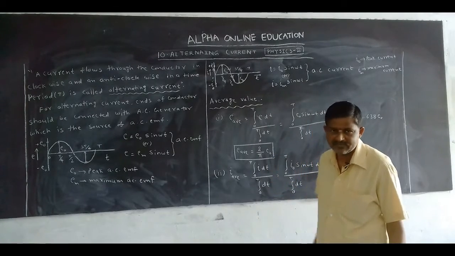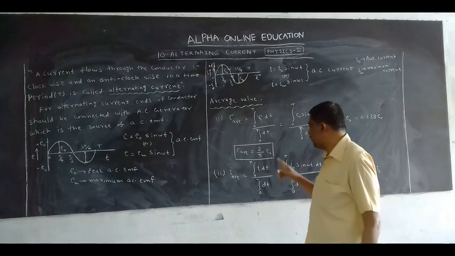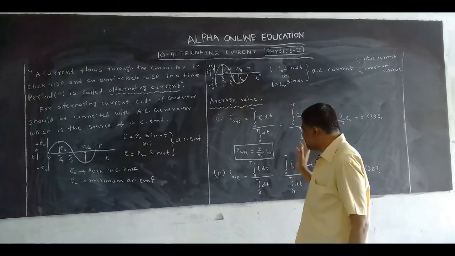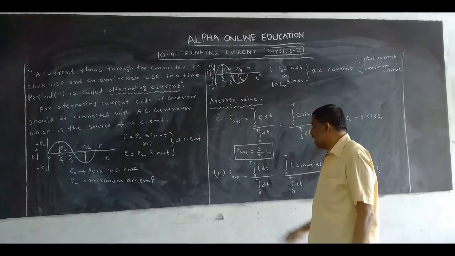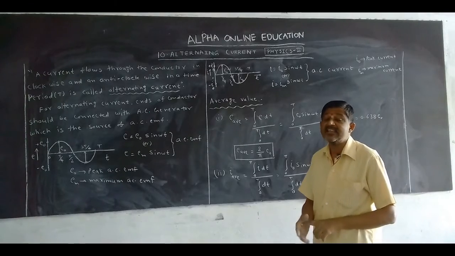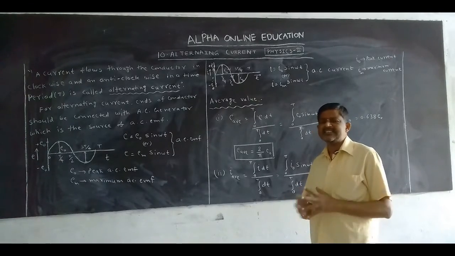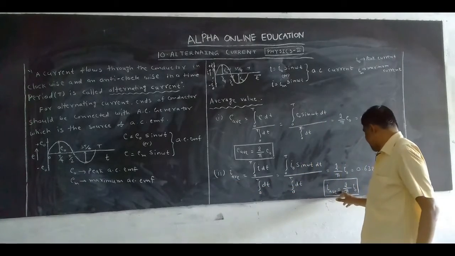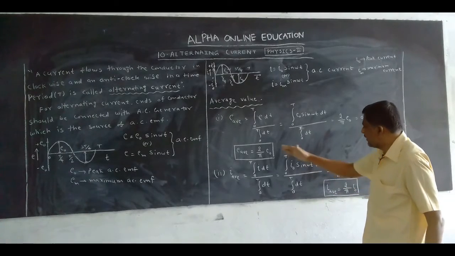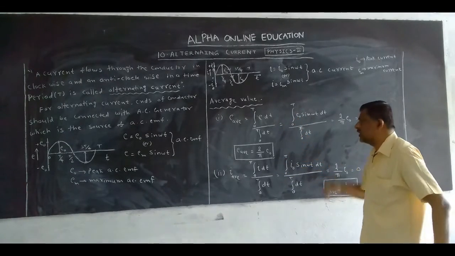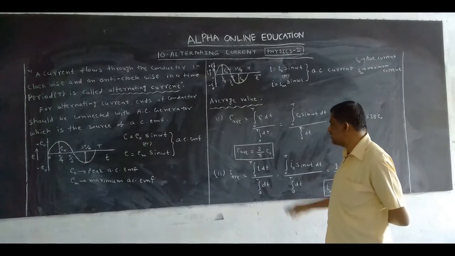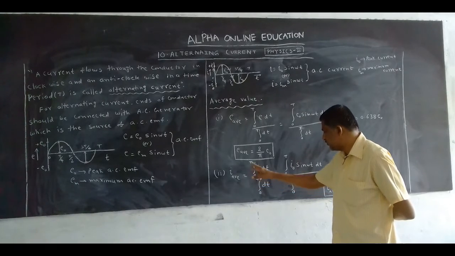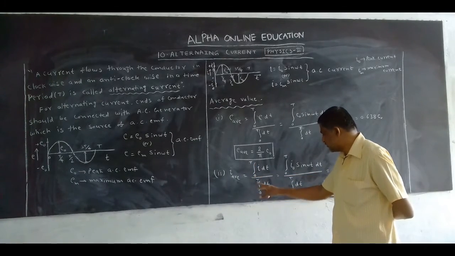When AC current passes through the conductor, the ends must be connected to the AC generator, which gives AC EMF. The average value of AC EMF is how much? 2 by pi times its peak value in a time period. Similarly, what is the average AC current in a time period? The average AC current, I average, is also 2 by pi times its peak value. The method of derivation is similar to the derivation of average AC EMF. I average is equal to integral I dt from 0 to T by integral 0 to T of dt.